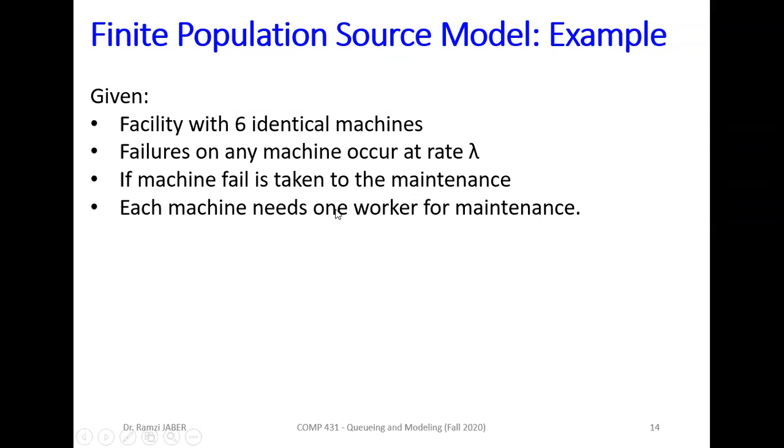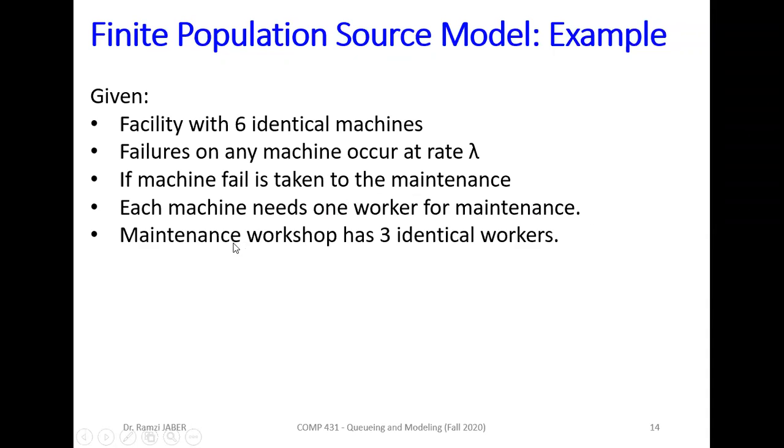Each machine needs 1 worker for maintenance. The maintenance workshop has 3 identical workers, so S equals 3. Here, 6 identical machines, so R equals 6. Each worker works at rate mu.